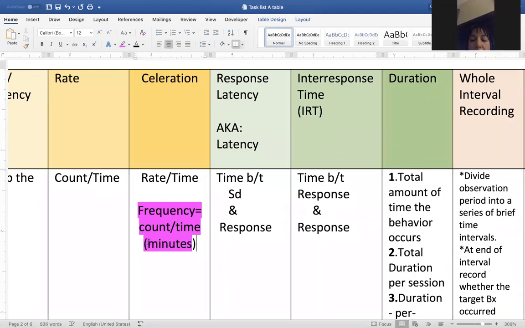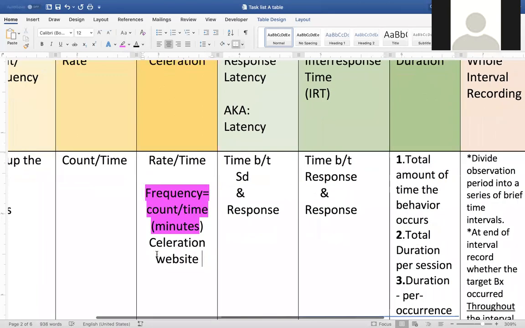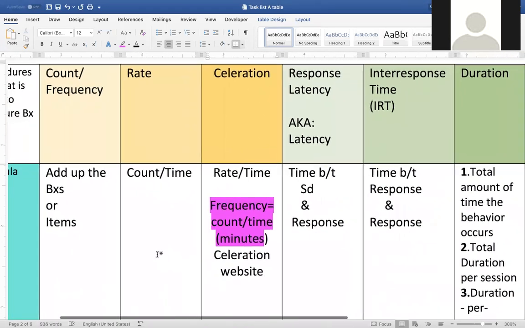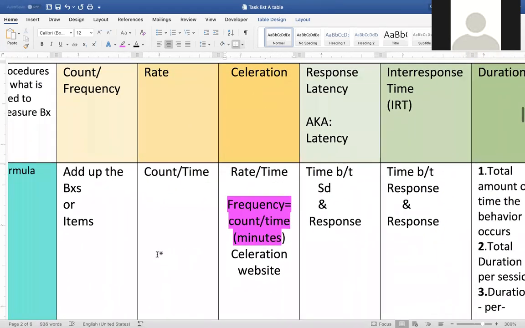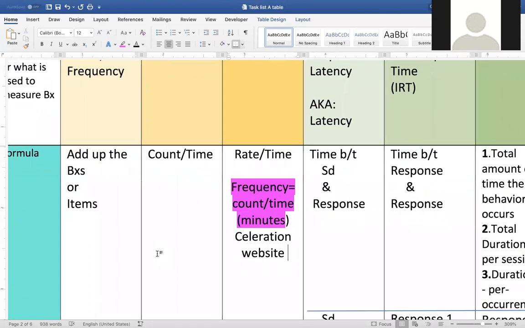Oh, good. The creators of that standard acceleration website. And from BDS, I noticed that for frequency, they use the whole like week or month, but for rate, it's minute, second, and hour. Like if any question has minute, second, per minute, second, hour, then it's rate. If it says week or month, then it's frequency.